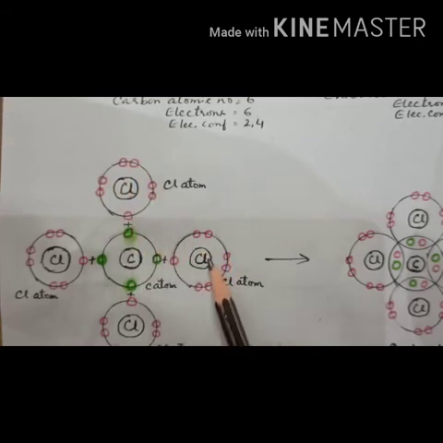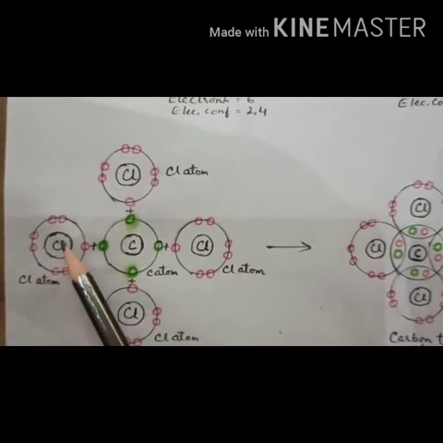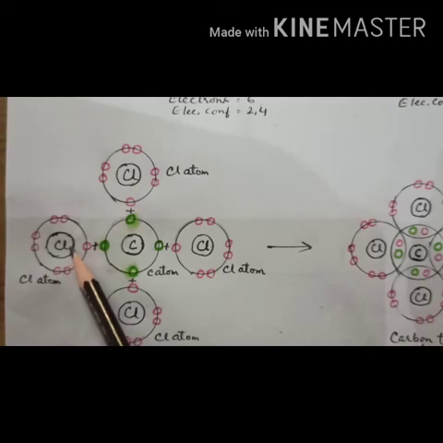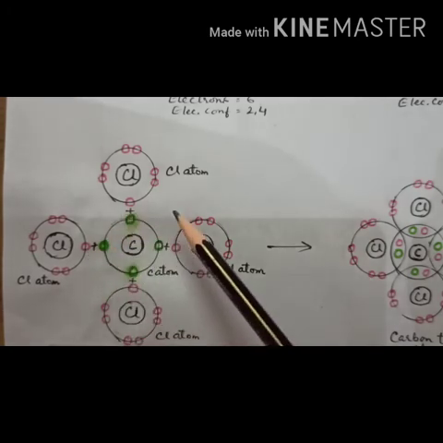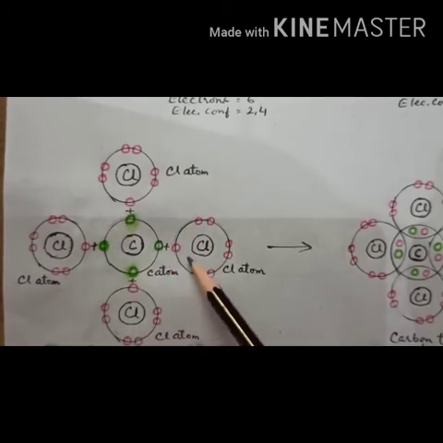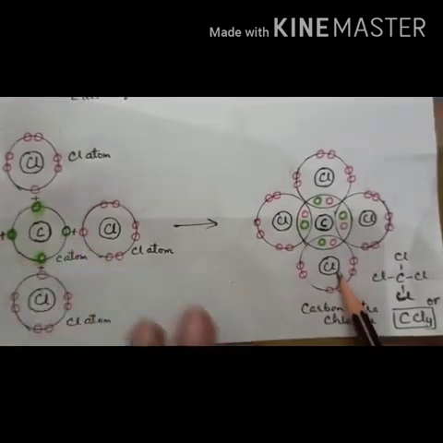This chlorine atom also has 7 electrons. This chlorine atom also has 7 electrons. And this one also has 7 electrons. Right? Now after sharing 1 electron with each chlorine atom, this covalent compound carbon tetrachloride